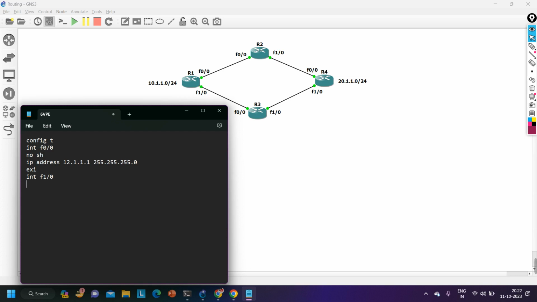On this interface also I need to assign an IP, so no shut and ip address. What will be the IP here? 13.1.1.1, let's say, 255.255.255.0. Exit. Then as I told you, I need to create one loopback here. I will create one loopback, and on that loopback interface I will configure an IP from this subnet 10.1.1.0/24. So say interface loopback 1, and then